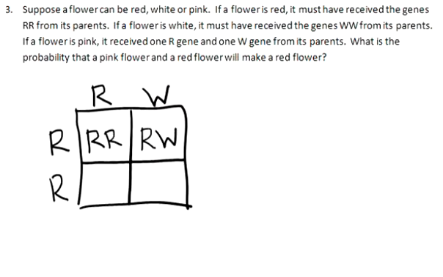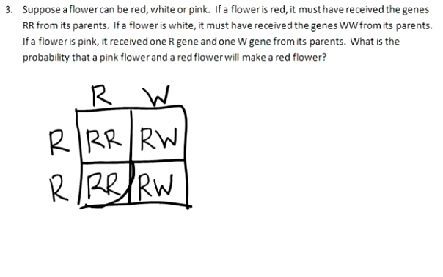If we're in our third box, we'll get an R from the red flower and an R from the pink flower, again giving us a red flower. And if we are in the fourth box, we'll get an R from the red flower and again a W from the pink flower. Now, if we're trying to find the probability that these two make a red flower, we